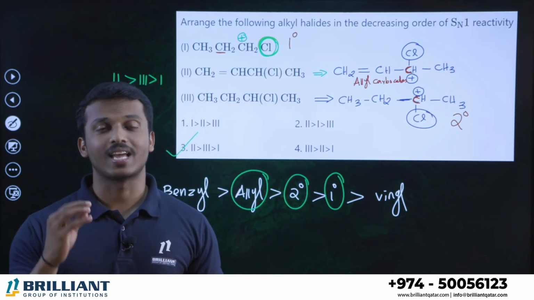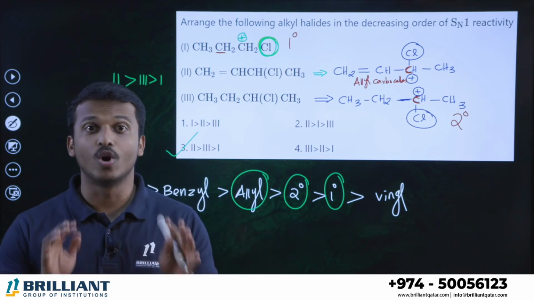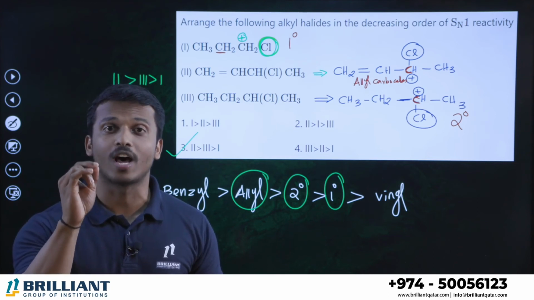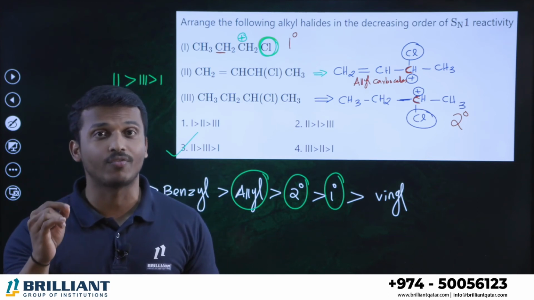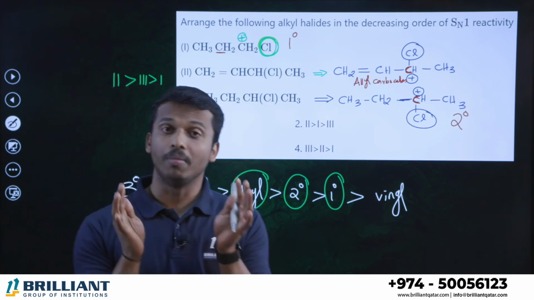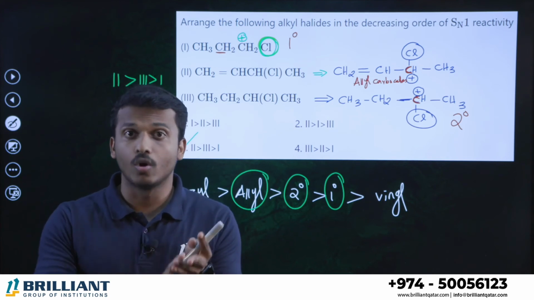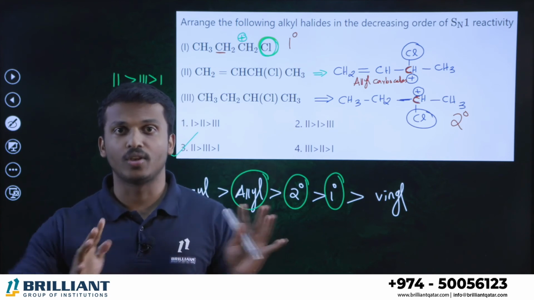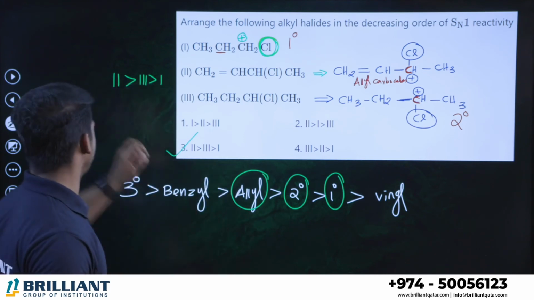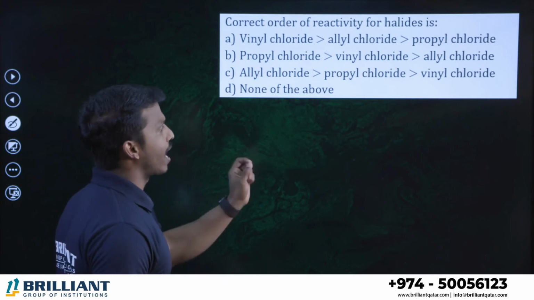You know, aqueous. What is the medium? Aqueous means water. Water is a polar protic solvent. In the presence of a polar protic solvent, which reaction is favored, as we studied? SN1 reaction is favored. So when they give the medium of the reaction like water or alcohol or ethanoic acid, you can mostly follow the SN1 mechanism. Clear?